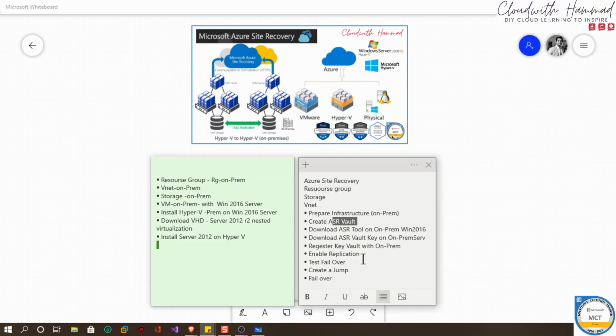Once we enable the replication, while we register, this vault will automatically pick up a VM from our on-prem, and then we'll replicate that. Once that is protected, we'll do a test failover. Once that is completed, we'll create a jump box to test out whether the IaaS is working on this transition. Once we verify that the machine is completely tested and it's been backed up, what we'll do is we'll